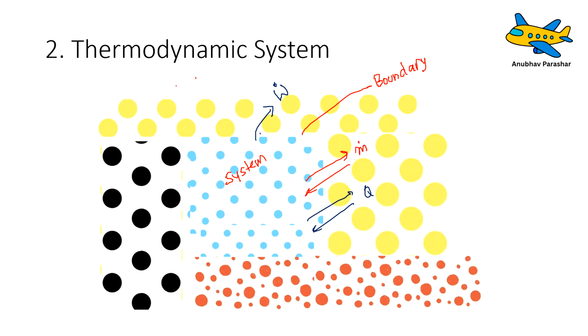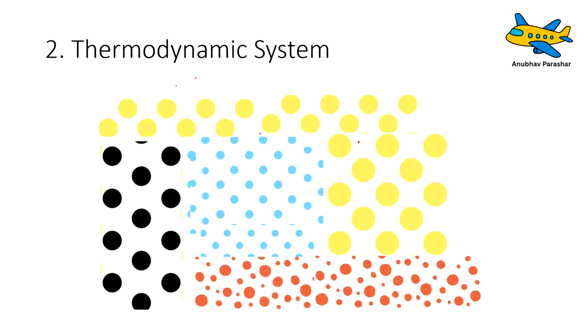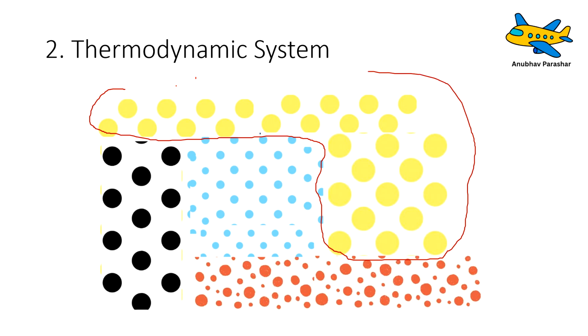Now, having said that, what if I want to study only the yellow particles, right? I don't want to study the blue particles. So what I can do is I can simply draw a boundary across the yellow particles. When I draw a boundary across the yellow particles, then this becomes my boundary, right? And whatever is inside the boundary is my system where I'm going to concentrate my study, and everything except for the system becomes the surrounding,